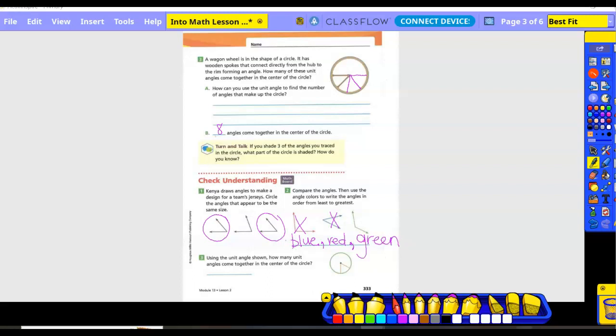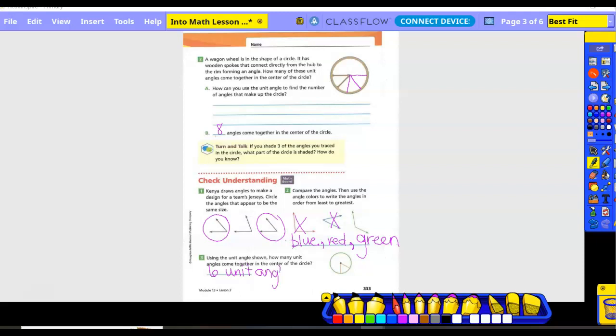Number 3, using the unit angle shown, how many unit angles come together in the center of the circle? So once again, we're going to take our little piece of paper, we're going to trace the outline of that one section, and then see how many times it fits around the circle as a whole. Okay, so after using our little piece of paper and going around, we found what? How many times? 6 unit